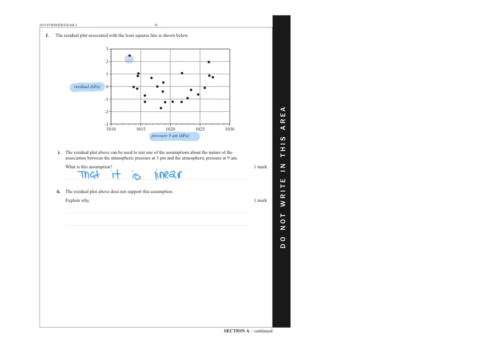If you have a look, this is not really random. Can you see that the dots sort of follow this curved line? Even if you were a bit unsure, you might have thought, oh, that looks random to me anyway, but they're telling you that it's not. If they said it does not support it, that means they believe there's a pattern in there. So you just say, explain why, because